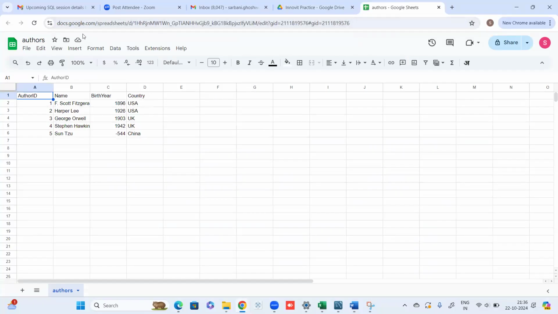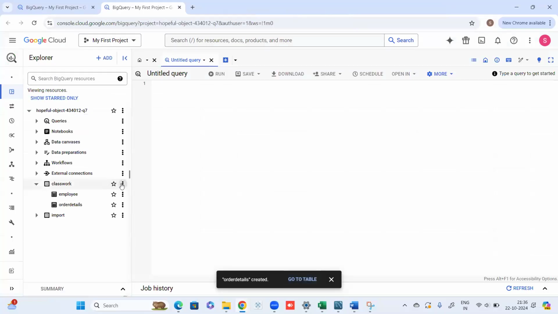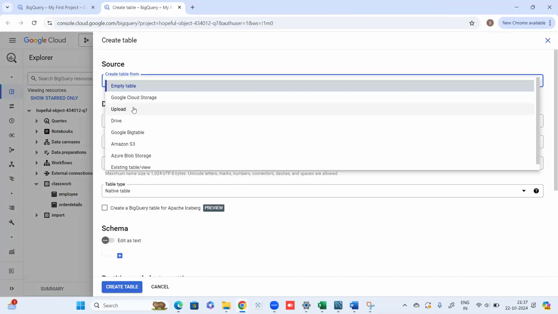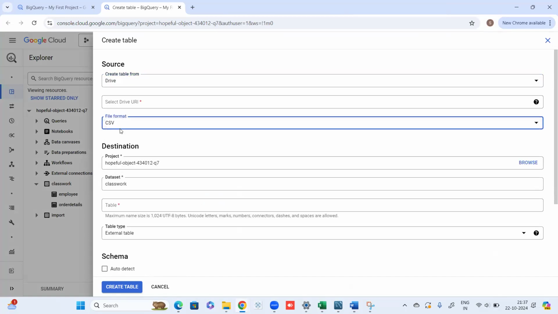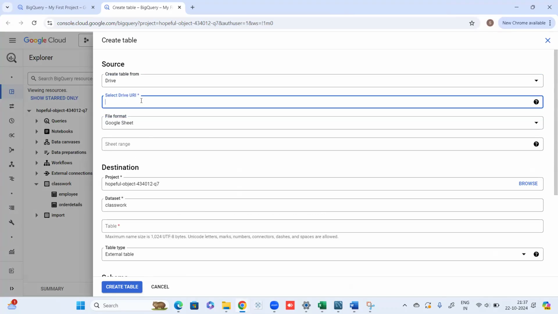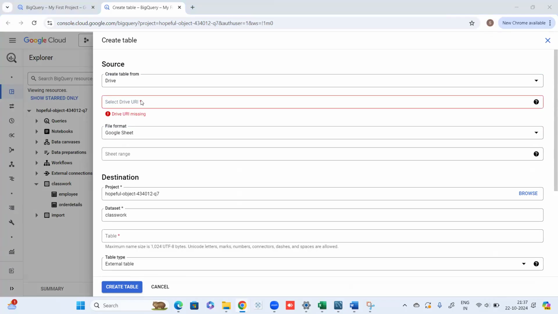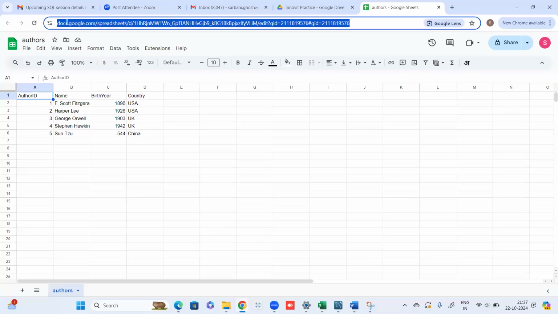Okay. Now, what we need to do is, I'll go back to BigQuery. I will click here and say create table. And instead of empty table, I will say drive now. File format, not CSV, I think Google Sheets. And in this, we need to mention the drive URL. So here, click this name, this entire thing first. Control C, copy it,